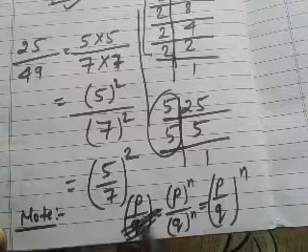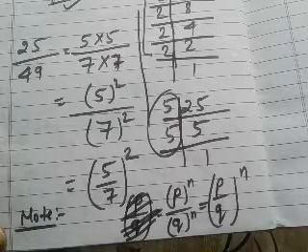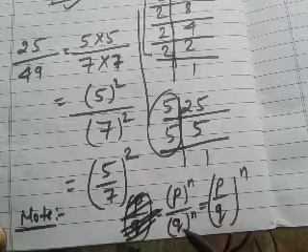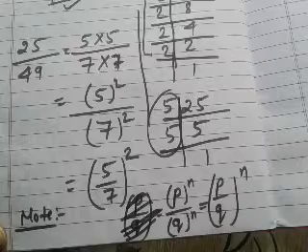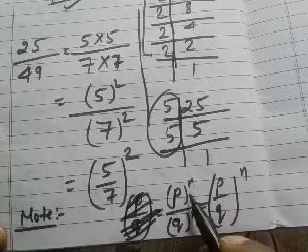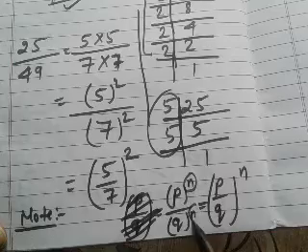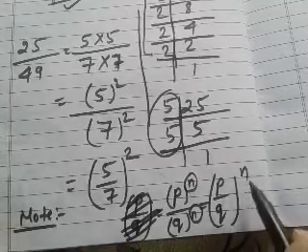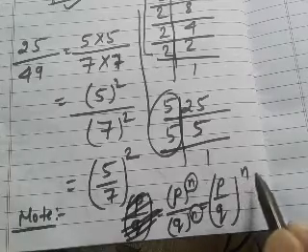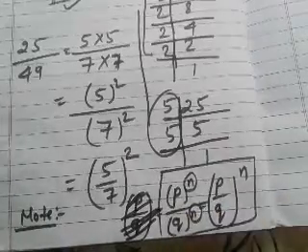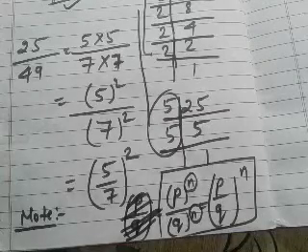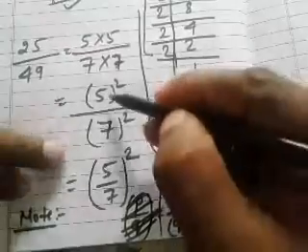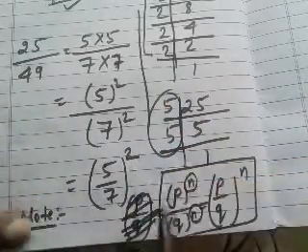So we can say that if a number is in its fraction form, numerator or denominator form, and the number has the same powers, then we can write the number in this way. So from this discussion we can write 5 upon 7 to the power 2.